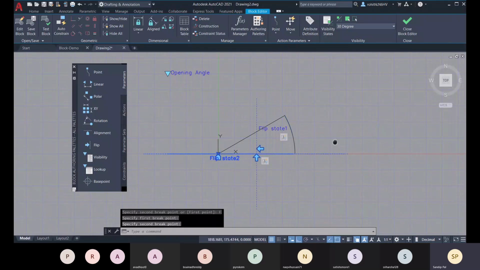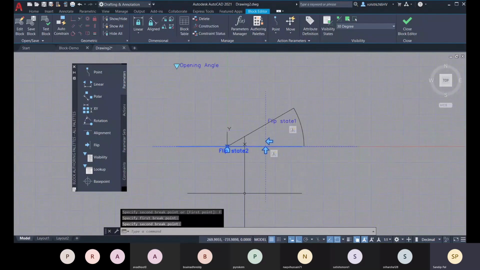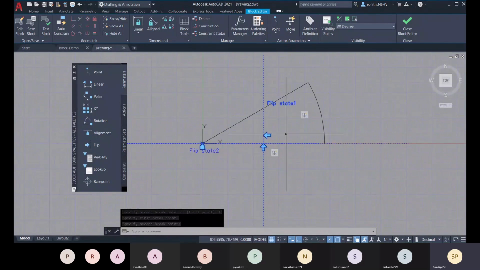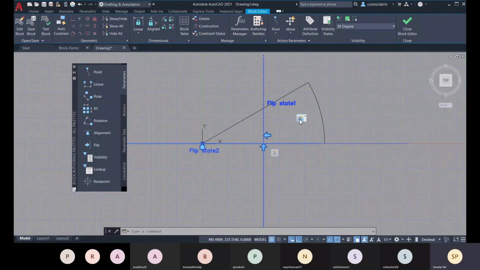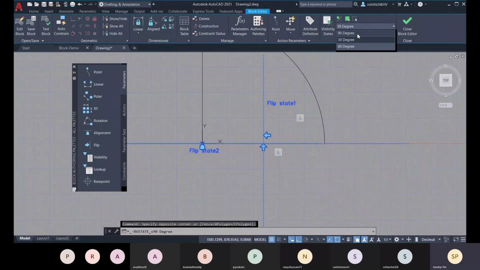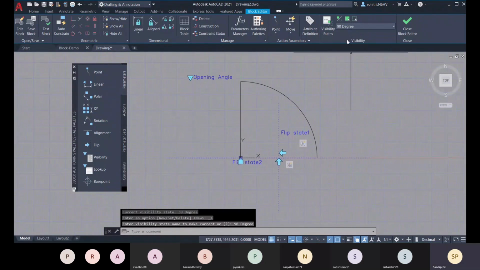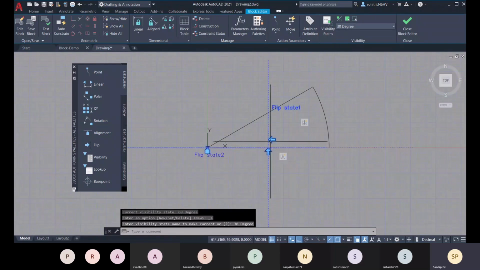Okay, now here I think you have to assign it. Just check it before 90. So this one is the 90°, this one is the 60°, and this one is the 30°. And you have to change the flip parameters.